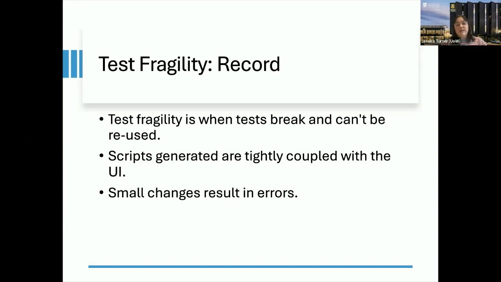So what this actually means in practice is that the person that is executing the test, the tester, would need to re-record all of those tests, which means it's time consuming in terms of being able to actually use the test tool as it was